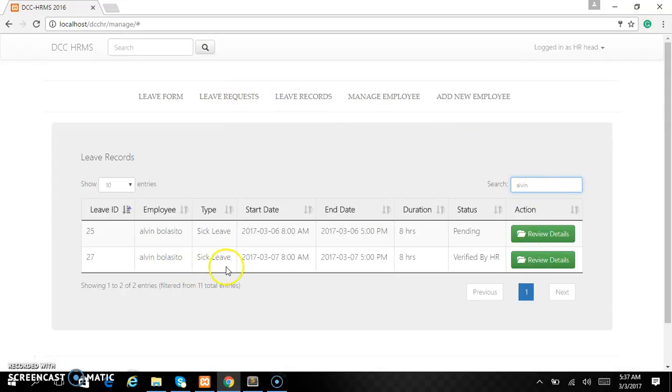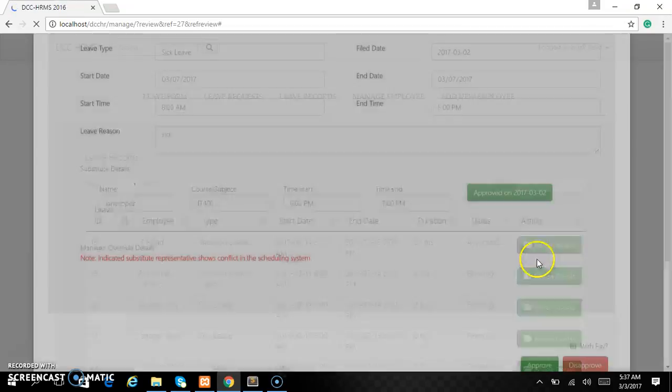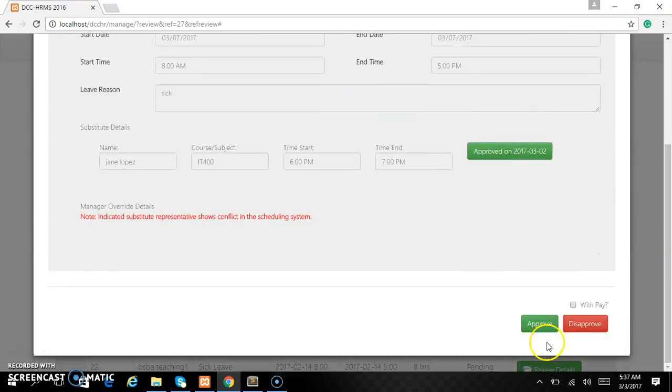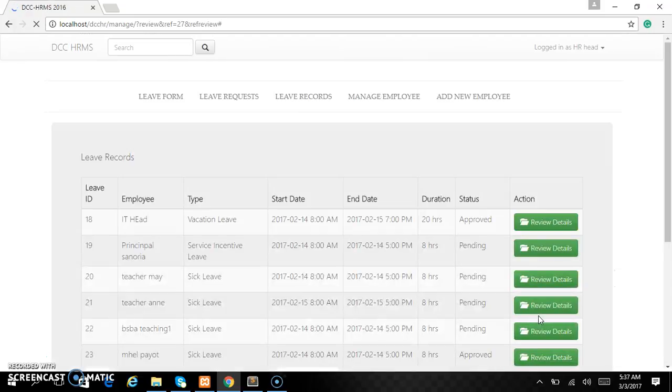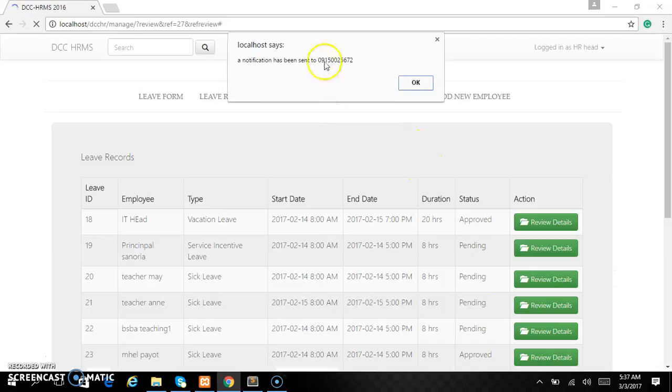So as you can see, Alvin Bulacito, verified by HR, and review. And this is the account of the head of the HR, the one to decide if with pay or without pay, or approve or disapprove. So it's approved. So as you can see, a notification has been sent.